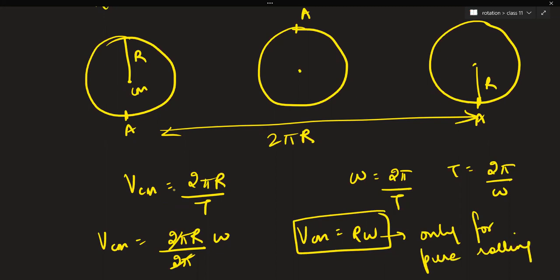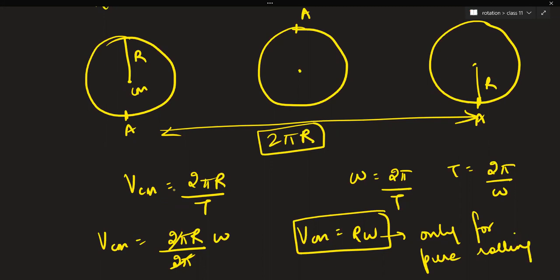This is only for pure rolling, because if it was not pure rolling, we would not have got this exact distance 2 pi r. It could have been any value: rotational component more, or translation component more, and 2 pi r would be less than it, right? And also, class, in pure rolling, velocity of the point of contact of the body and the surface is